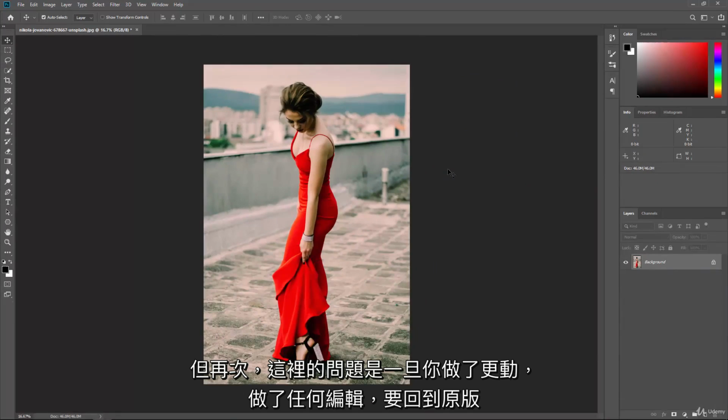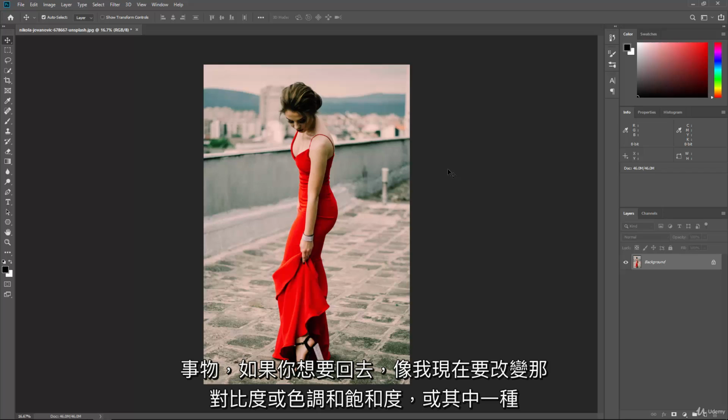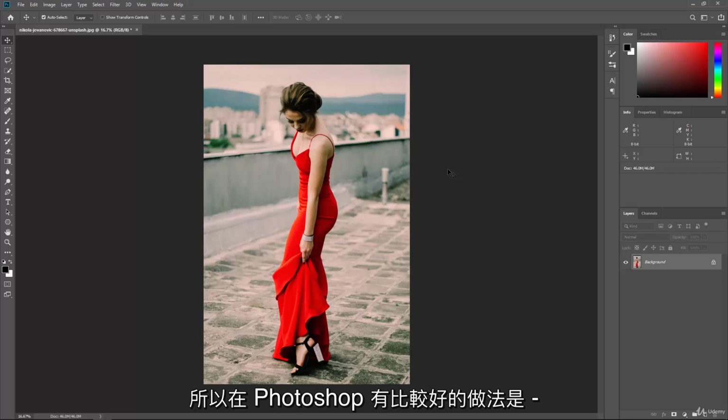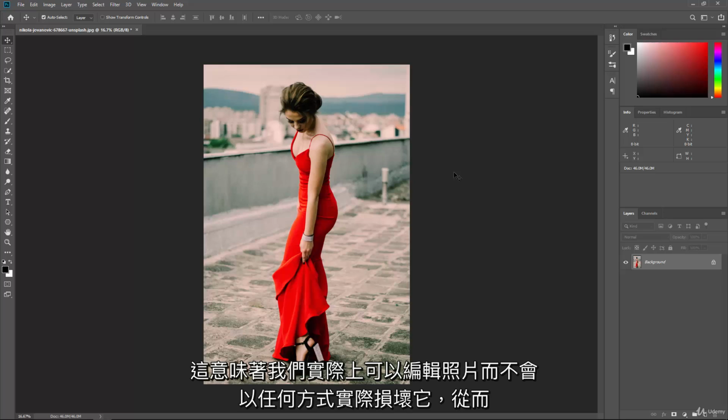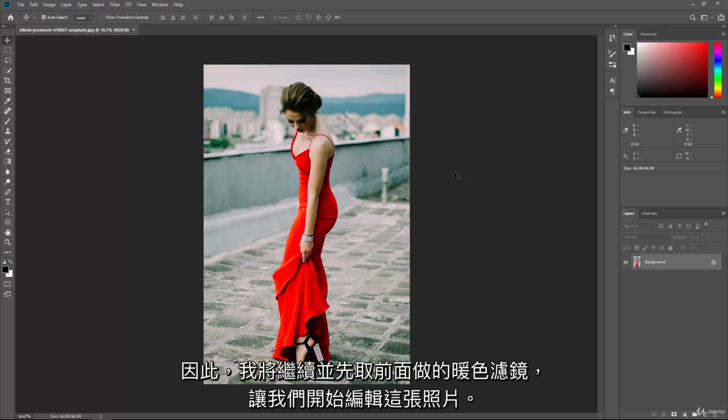But again, the issue with that is once you've made that change and you make any edits, it's going to be hard to go back to the original file, because as you come in and start adding text and layers and different things, if you want to go back and change that contrast or hue and saturation or one of those adjustments, you won't be able to. So there's a better way of working inside of Photoshop. It's called working non-destructively. And what that means is we can actually edit the photo without damaging it in any way, so that we always maintain the original if we need to, and it's just a much nicer way to work. So I'm going to go ahead and undo that warming filter, and let's start editing this